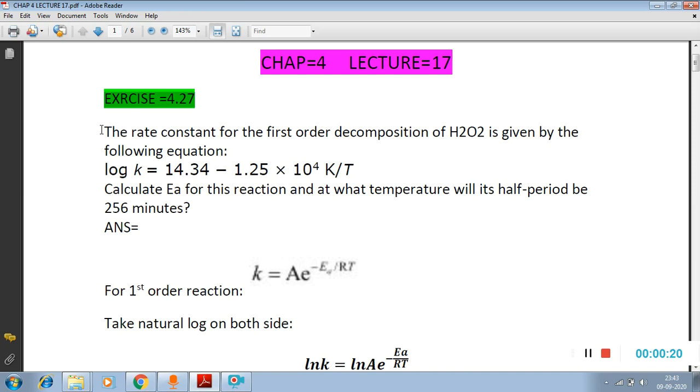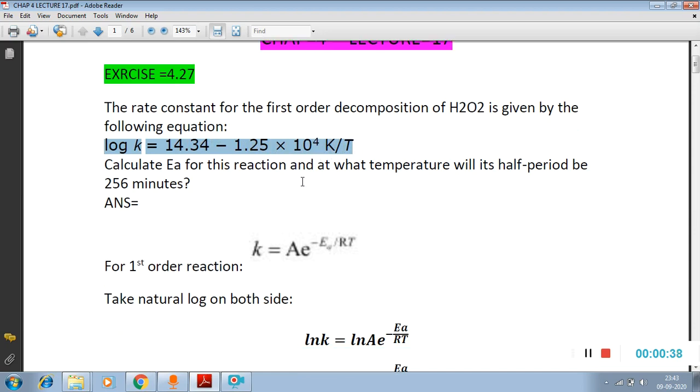The question is like this: the rate constant of first order decomposition of H2O2 is given by the following equation. Log K is equal to 14.34 minus 1.25 into 10 raised to 4 K by T. Calculate EA for this reaction and at what temperature will its half period be 256 minutes. Okay, so in the question a decomposition reaction is there, and for that reaction the rate constant is given